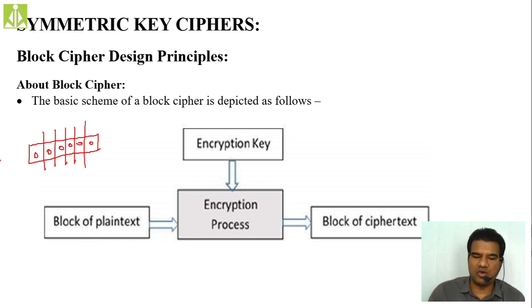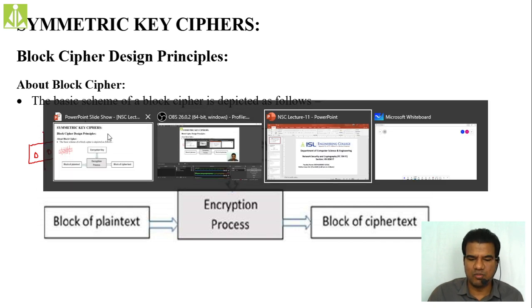So that means if you have n number of blocks, how many times do you have to perform this process? N number of times. In each step, you will convert one block into an equi-size ciphertext block. This is your plain text, isn't it? So let me just explain with more clarity.